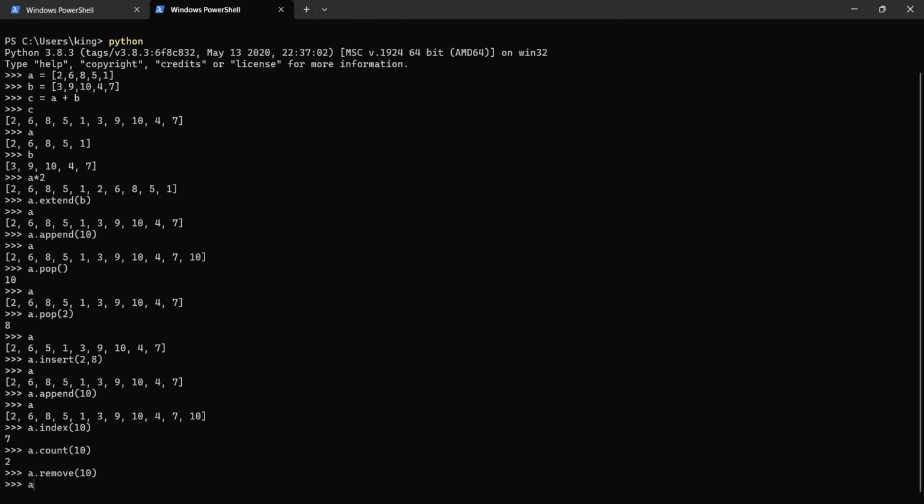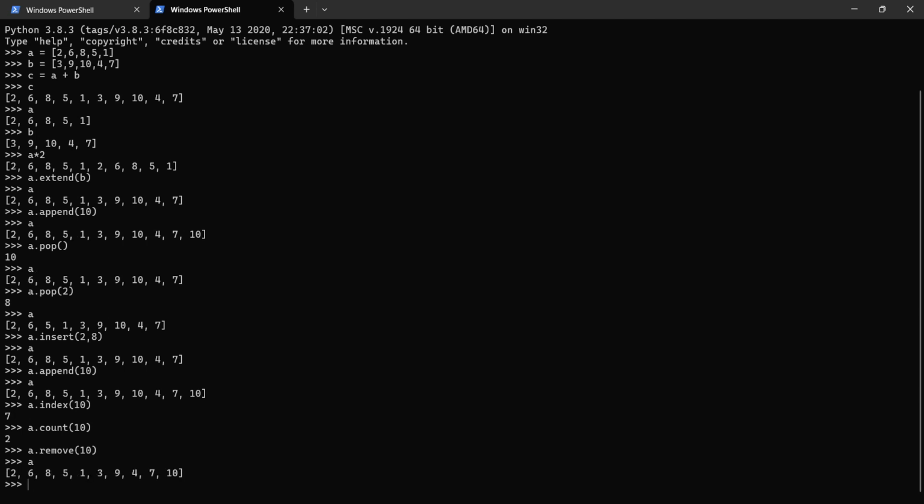So if I check E, now you can see that it has taken the first one from there. If I do it again, it's going to take another one because there's still 10 in there. So it's going to remove another 10. So that is the remove